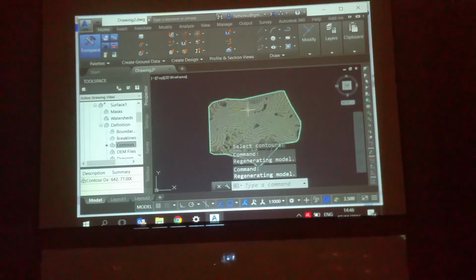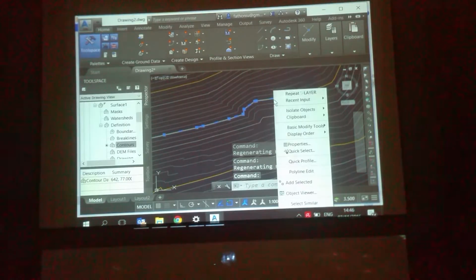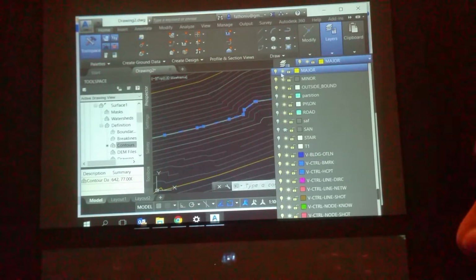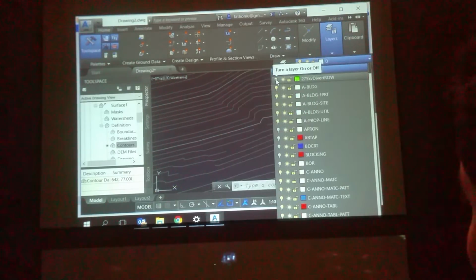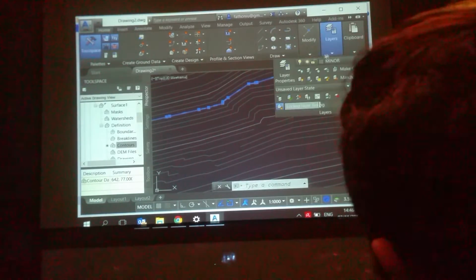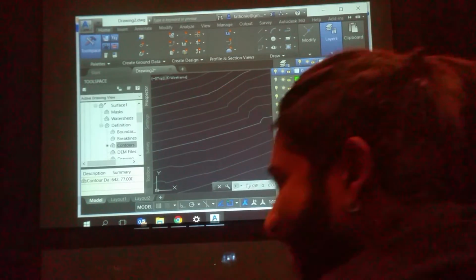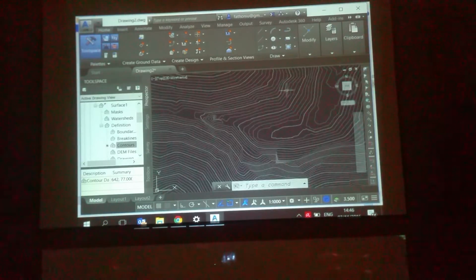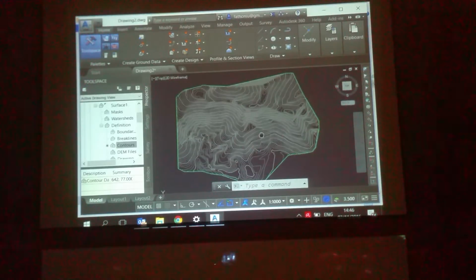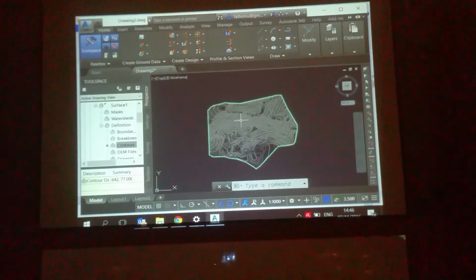So then we can remove these two lines. This line we can remove, go to layers, and then the major and minor lines here we switch off. Major, and then this line, layers, minor, we turn off. Then this is the contour line that we have. So much information from the 3D model you can extract.